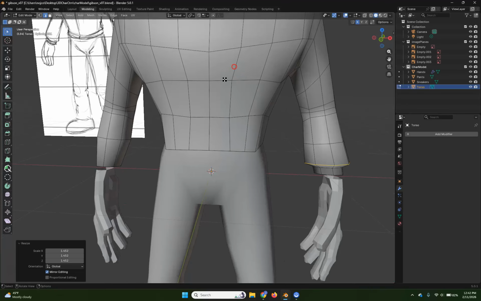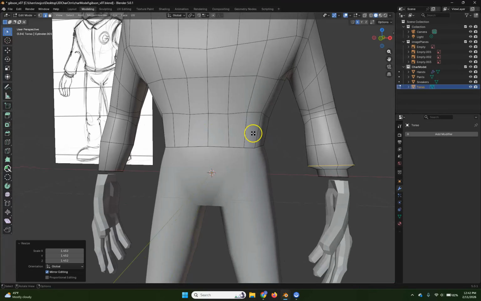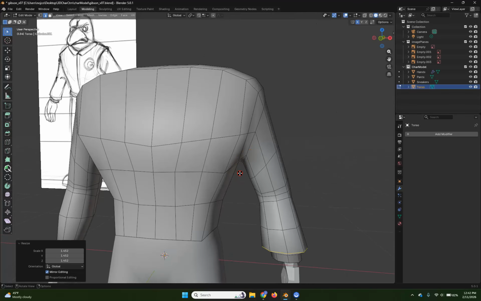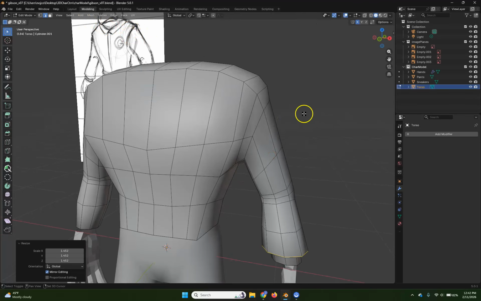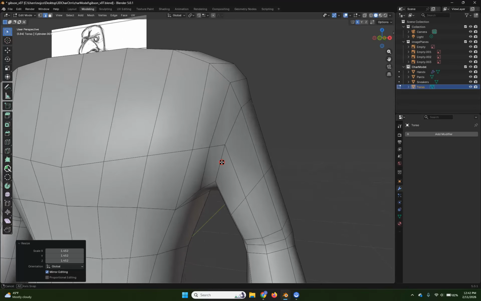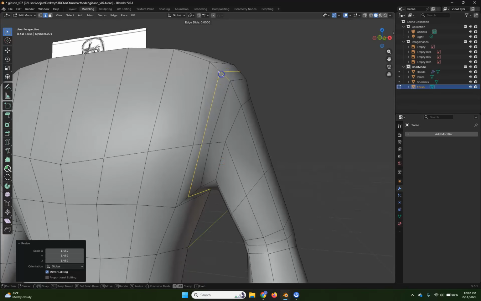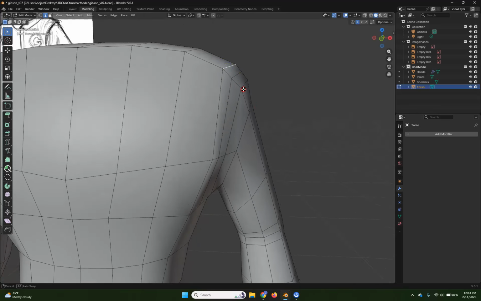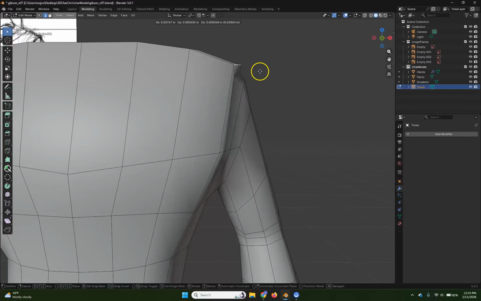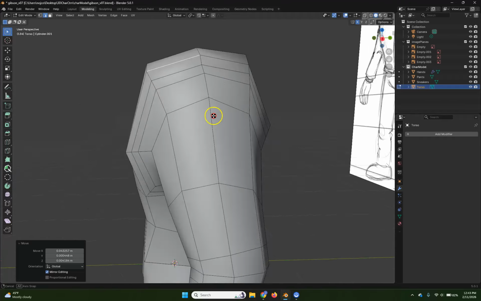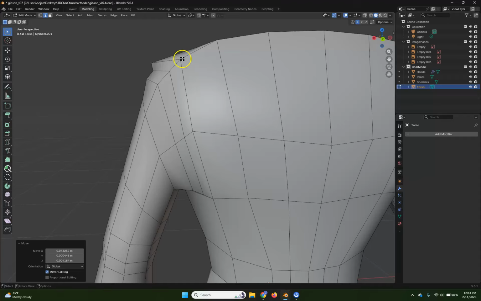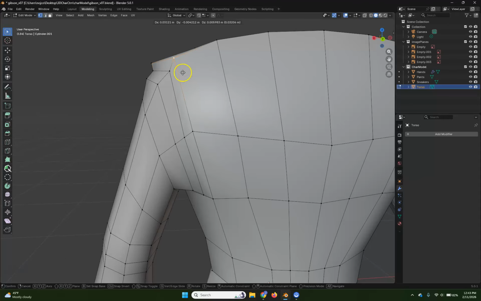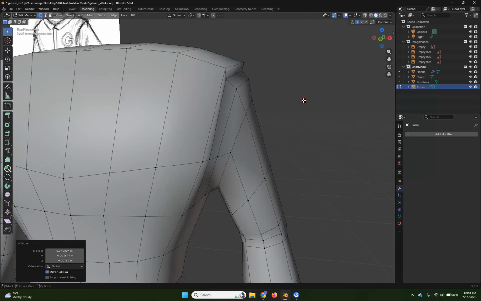So I'd want to do that also maybe on the bottom here as well. Maybe you can see there's kind of a crease in his jacket here, so I could do the same thing here. I could just do Control R, put that in there. We'll just put it kind of higher up. We'll say right here. And then maybe I just grab this edge and do G and pull it up and over like that. I'm going to hit 1, select this, and do G, pull that up like that,